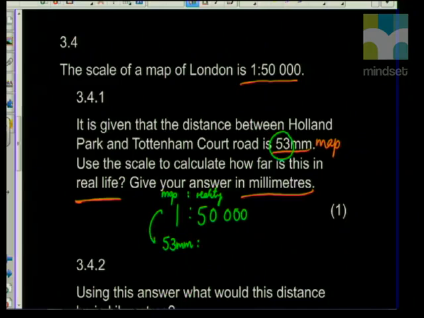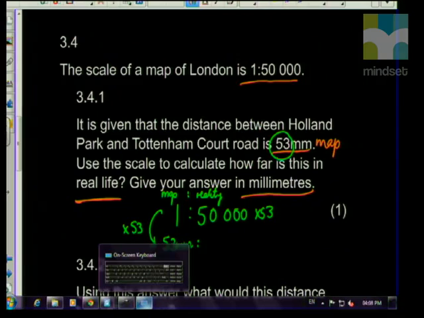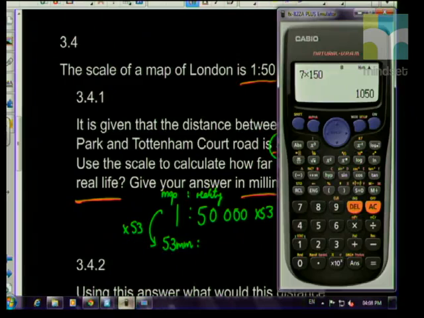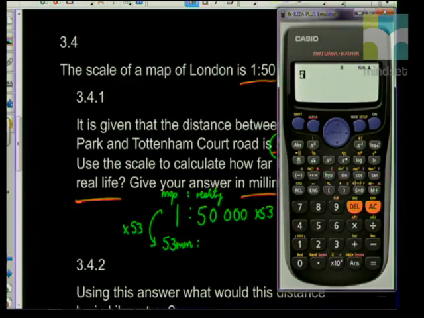So if I've times this by 53, I would then need to times this by 53. So 50,000 times 53